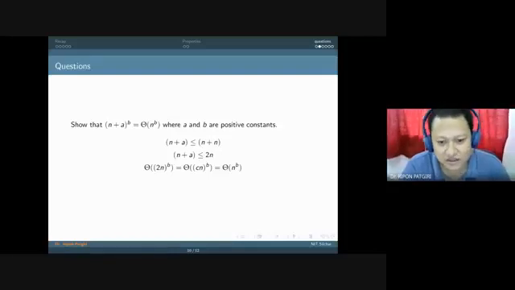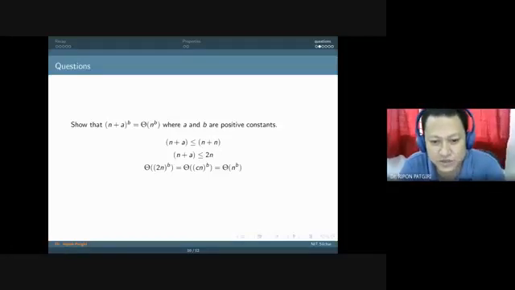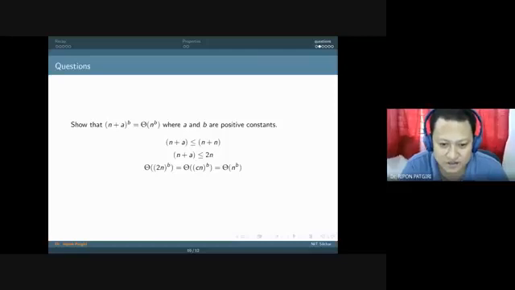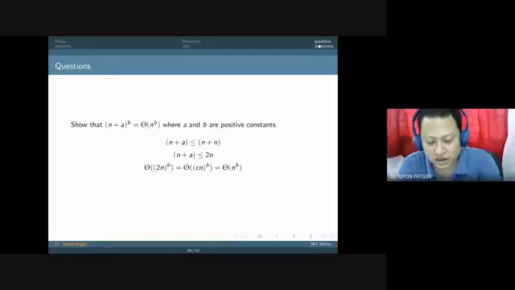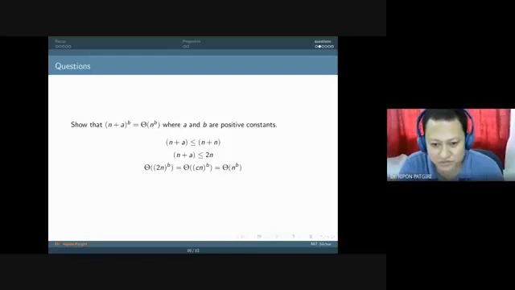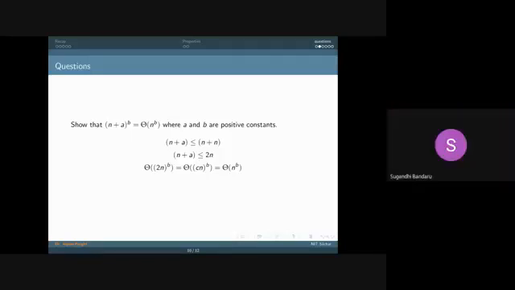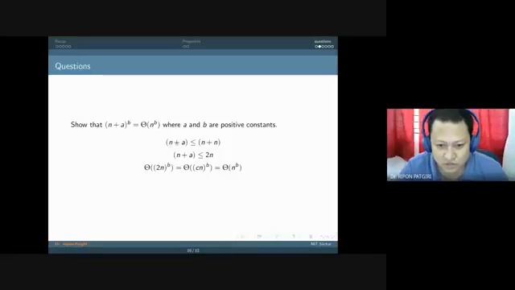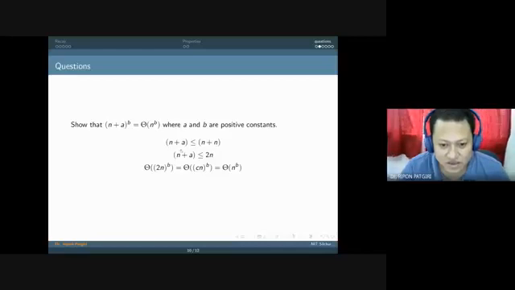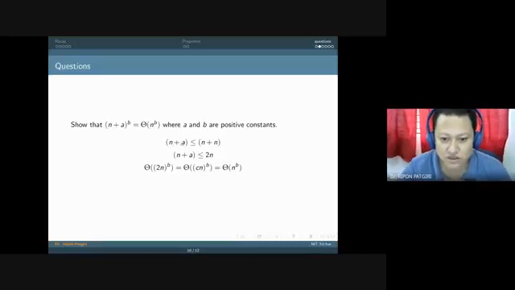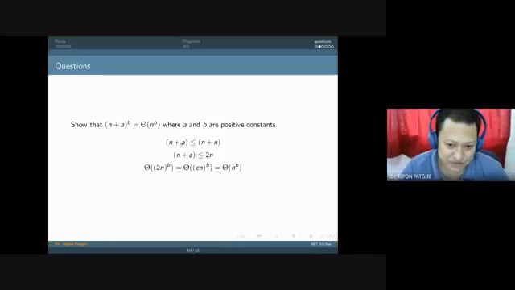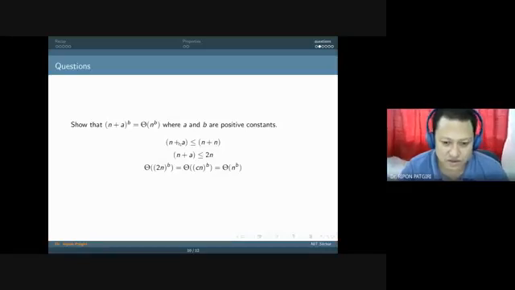Am I clear? Maybe a is very much larger than n in your problem. Maybe n is very much less than a. But it's constant, it won't change, while n can change over time. That's why we consider this and we ignore this. We ignore the constant part. Am I clear?